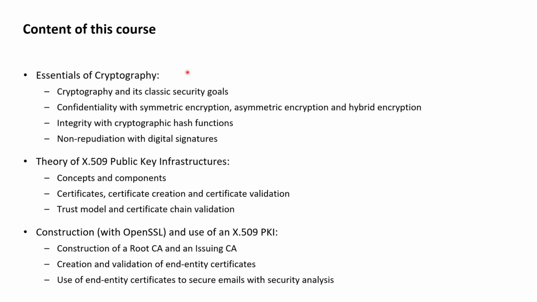With these essentials of cryptography at hand, we will then go into a chapter providing the theoretical understanding of X.509 Public-Key Infrastructures, where we will get to see what the key purpose, concept and components of X.509 PKIs really are, and where we will get to know in-depth X.509 certificates and how these certificates are created and validated, and where we will get to know the trust model of PKIs and the implications this trust model has on the validation of certificates, which will ultimately have to be augmented to a validation semantics on chains of certificates.